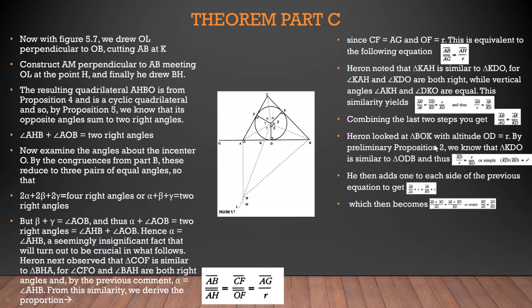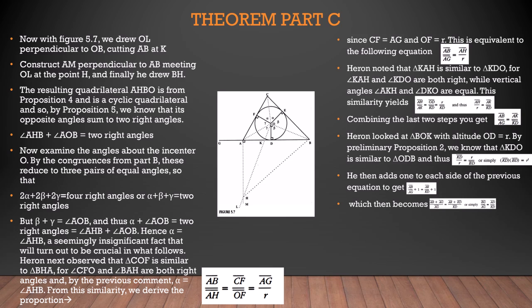Then he looked at triangle BOK with the altitude OD, which is also the radius. And by proposition 2, we know that the 2 triangles are similar, so therefore we end up with the following equation. Then he adds 1 to each side, in the form of AG over AG to the left and KD over KD to the right, and simplifies it down to get